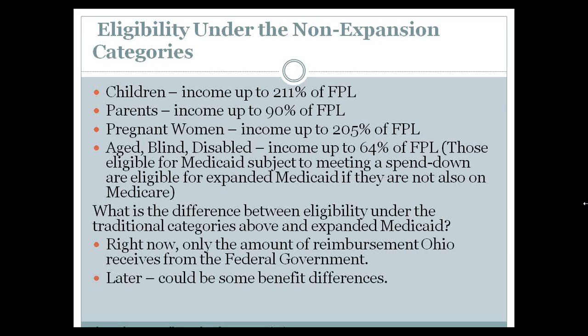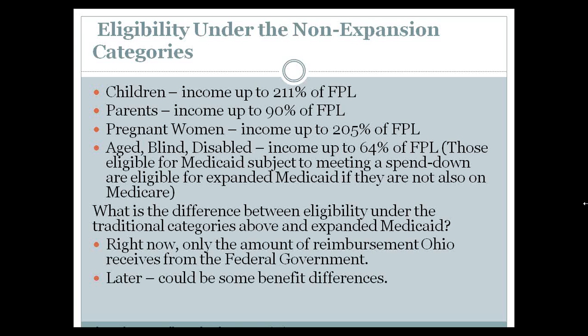And a special note here: if someone was eligible for Medicaid as an aged, blind or disabled person, but only if they met a spend down, then that person can come into the expansion group unless they are already eligible for Medicare. As you probably know, there's that 2-year window when people get Social Security but still haven't become eligible for Medicare. So that is a pretty sizable group.